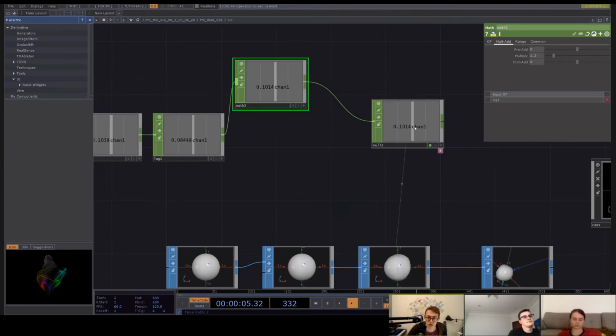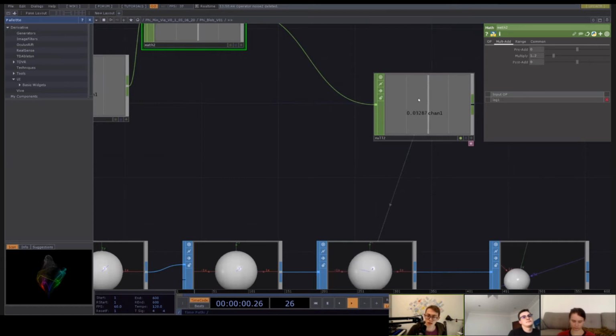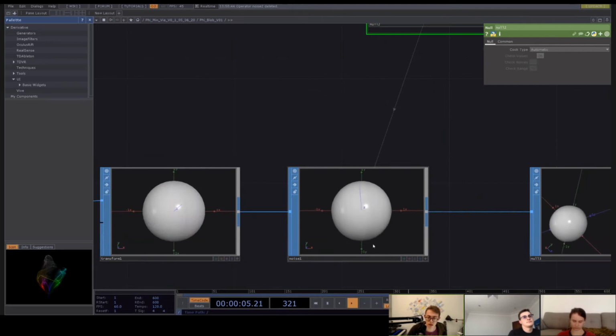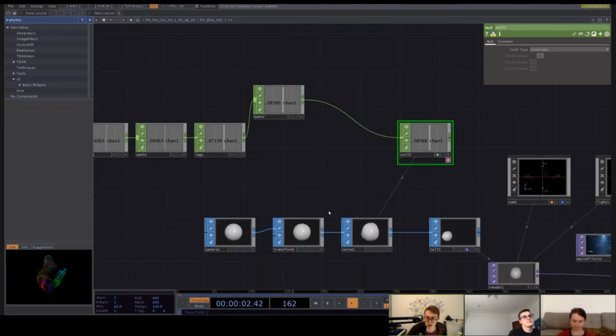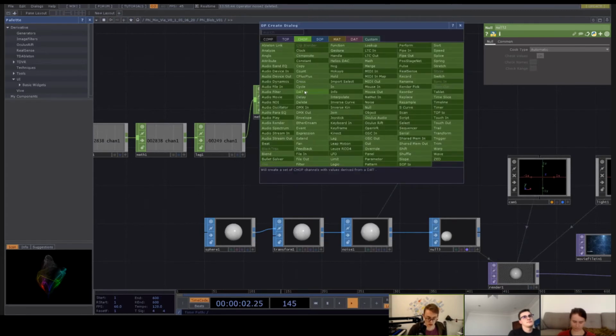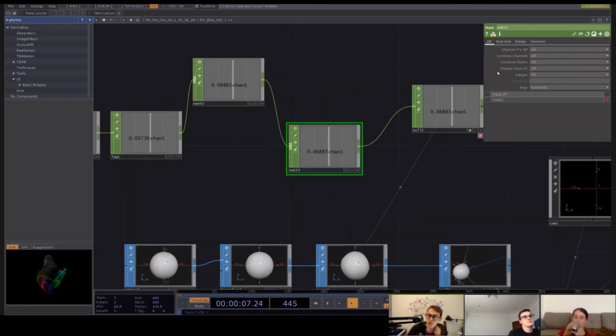So if, for example, as you can see through this line here, I'm sending this channel data to this noise node, but I want to add another operator in the signal chain, I can do that without changing my routing over here with this null node. So the null node is basically the end of the signal chain. So if I wanted to, I could add just another math node, for example, and I could input that in the signal chain. And then with this math node, I could